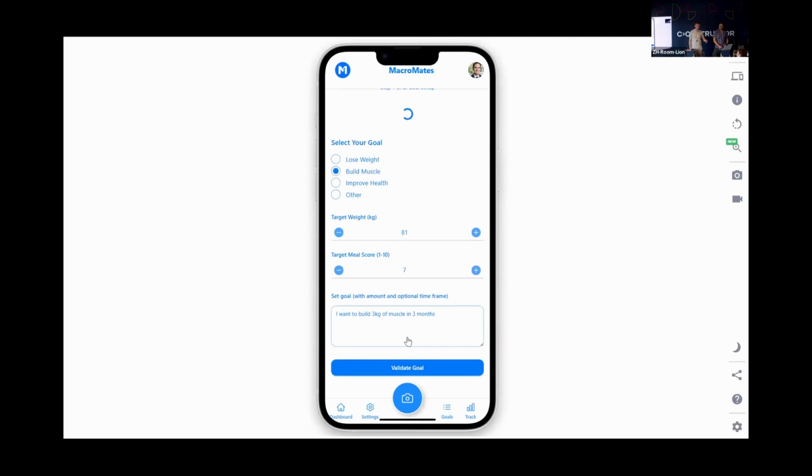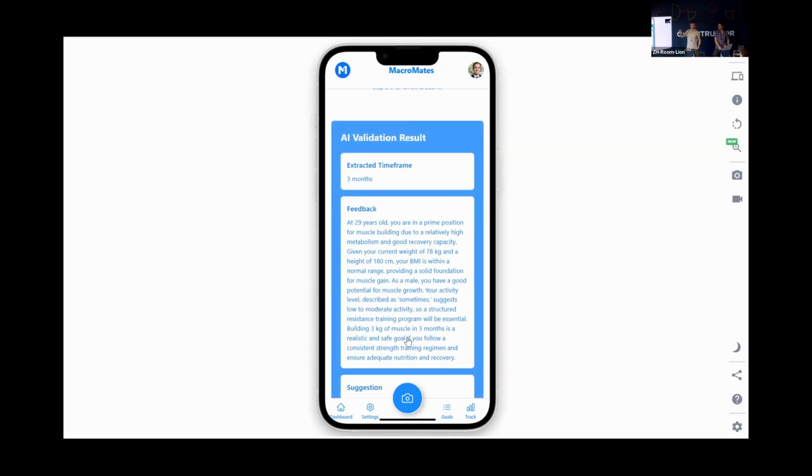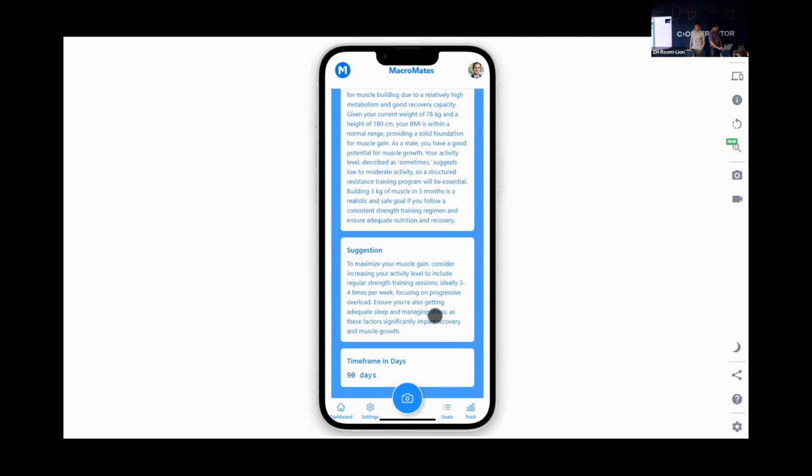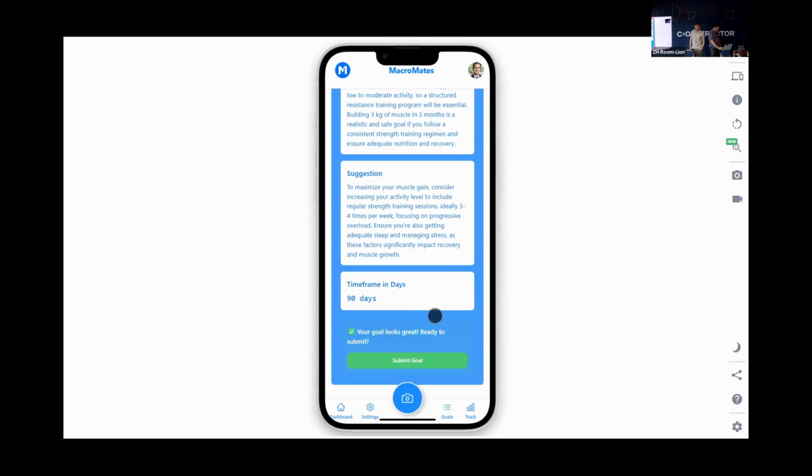Yep. So if you have, for example, a fitness goal, you want to make sure you have meals that align with your goal. So you have a score for that. If your fitness goal is to gain muscle, you won't get a good meal score for some chips or something like that. It's just empty carbs.